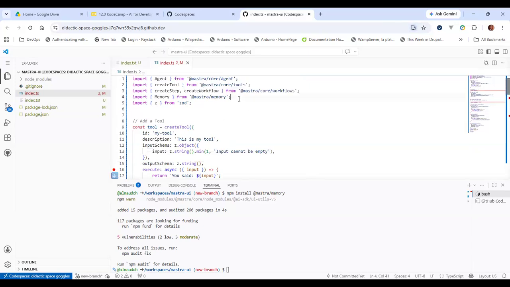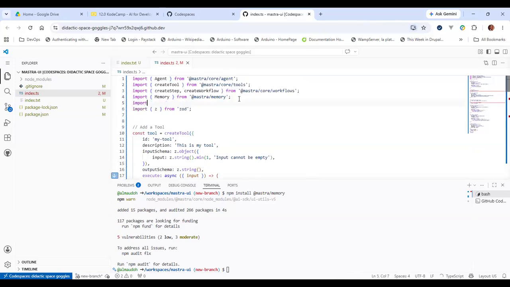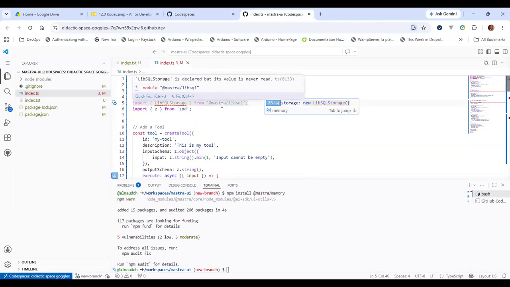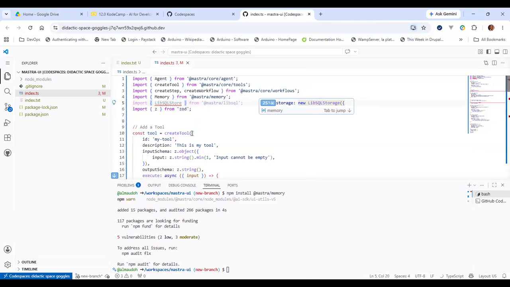So to get the libsql store, we'll import it. This is just an example because there are lots of options. It is not in Mastra memory, but actually in Mastra libsql. So you have libsql store in Mastra libsql.